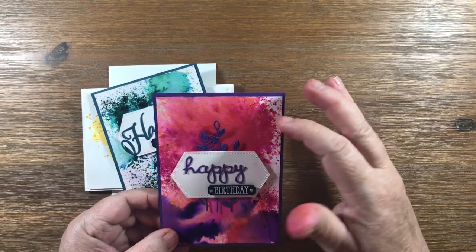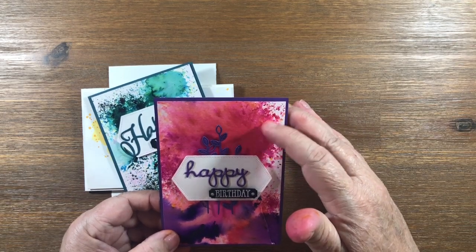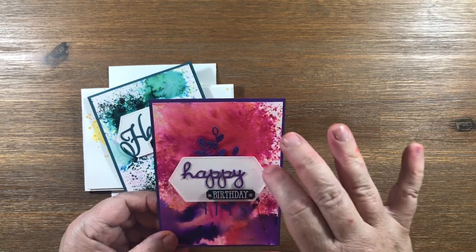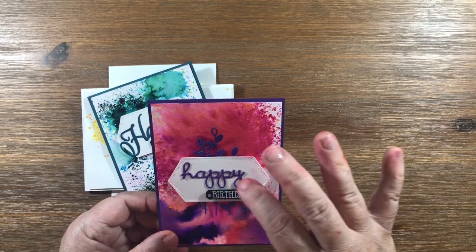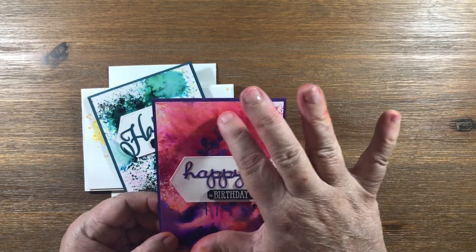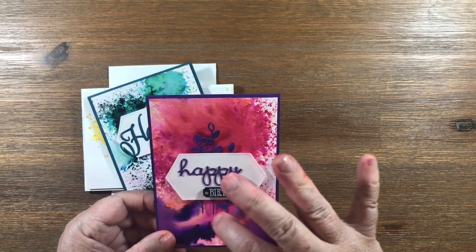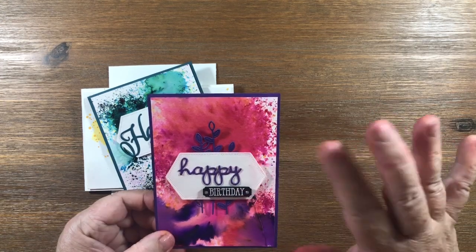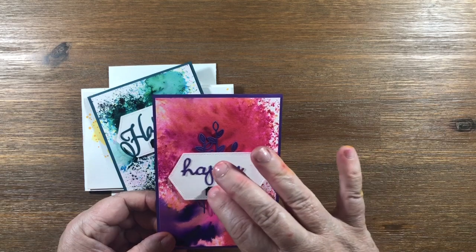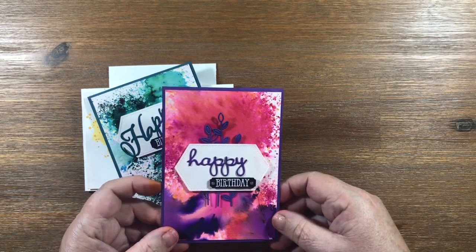So the colours I've used in this one are Melon Mango Melody, and some gorgeous grape, which you can see down the bottom. Then I've got the stitched nested labels. I've cut a piece out there. And then I've used the well-written dies to cut out the happy and this little bit behind the stems, which is gorgeous. And I've deliberately taken bits out of some and left other for a bit of interest. And then this is the stamp set, which coordinates with the well-written dies, which I've just white embossed onto black